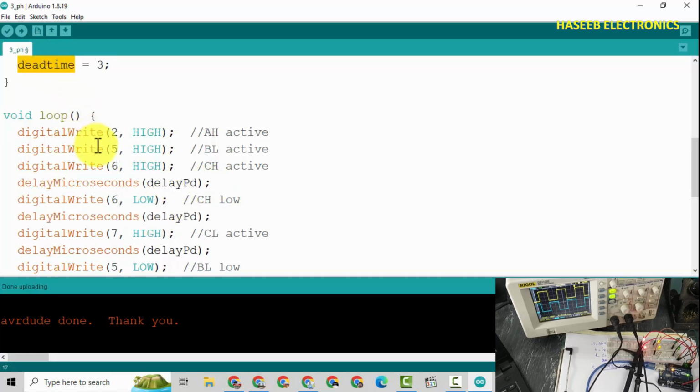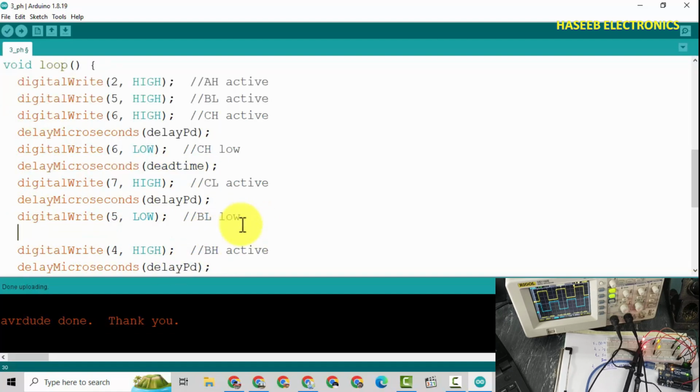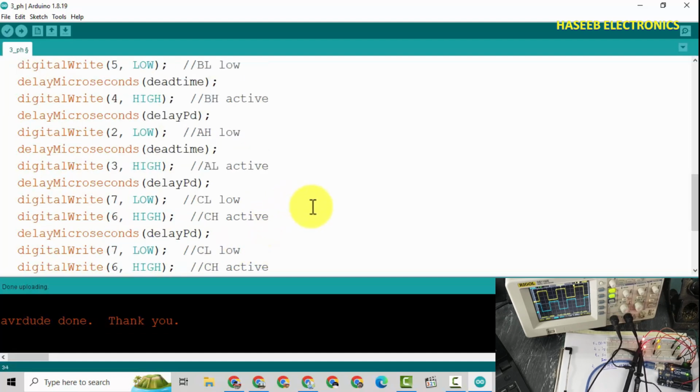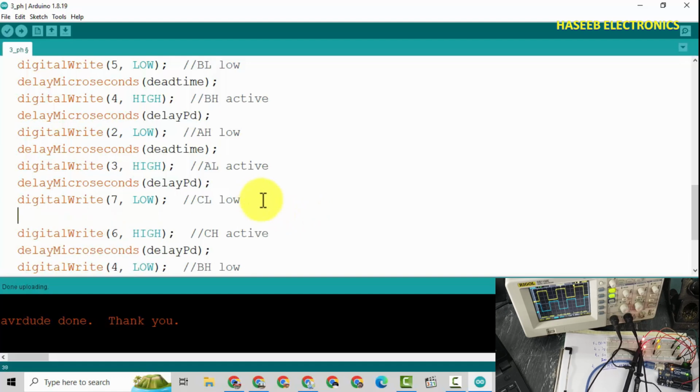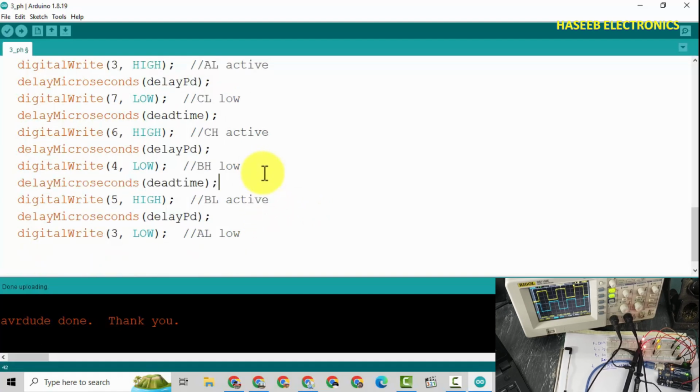We will copy this variable here, for 6 and 7. This is our dead time now. Copy, paste, and repeat for the other transitions.